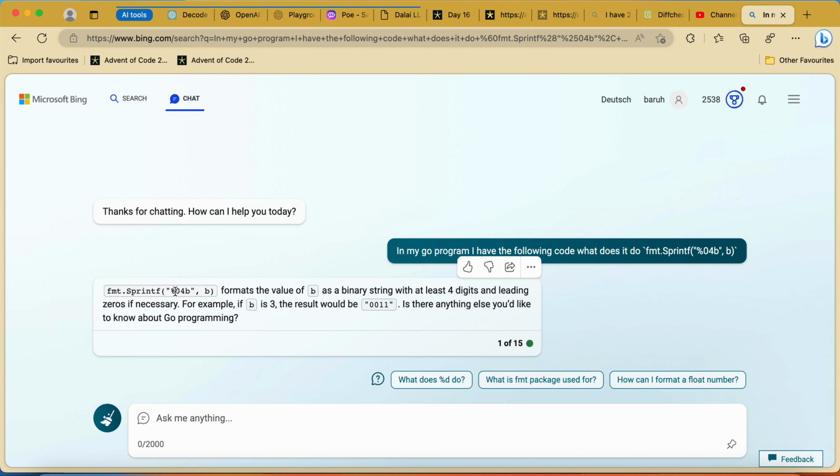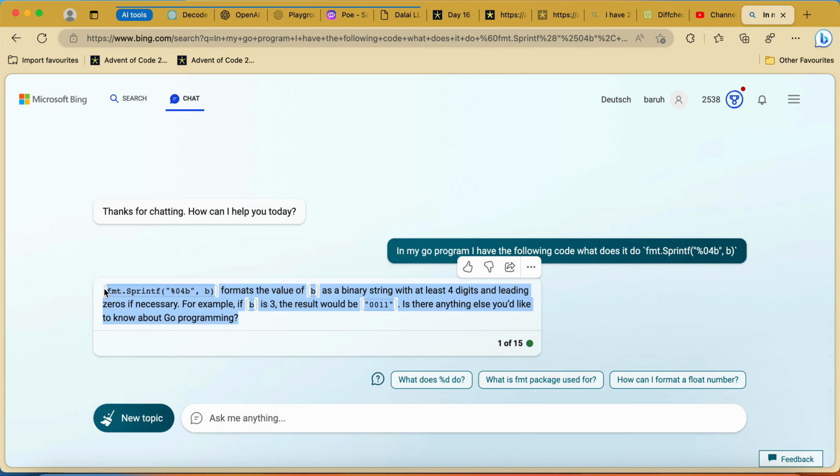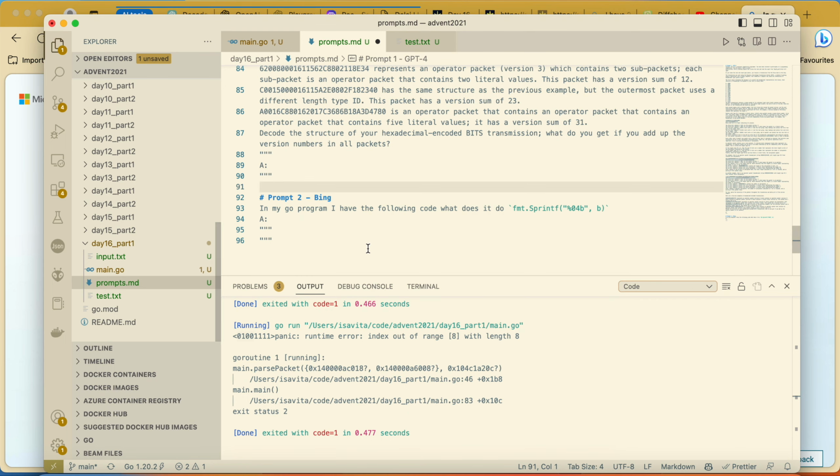Okay, that's saying I want it to be at least 4 digits, and we put zeros if there is an empty space, because for example 3 is 1 digit, and we put zeros in such cases.